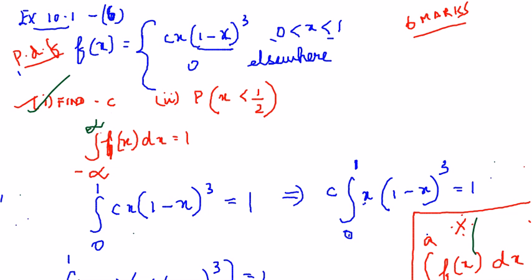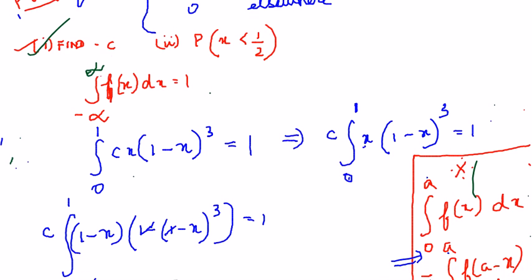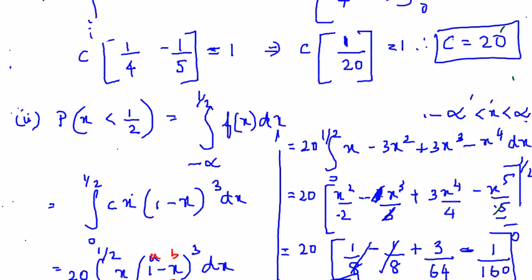So we have found out C by using the rule that between minus infinity and plus infinity, f of x dx is equal to 1 for a PDF. So we applied that rule and we got the value of C as 20. Then to find that p of x is less than half, we have substituted f of x function between the limits 0 and half. Because I have to apply the limits minus infinity to half, and minus infinity to half I can take as minus infinity to 0 plus 0 to half. I think you can have a look at example 10.7 for this. I beg your pardon, it is 10.6. So if you can look into example 10.6, that is also a similar sum to this.